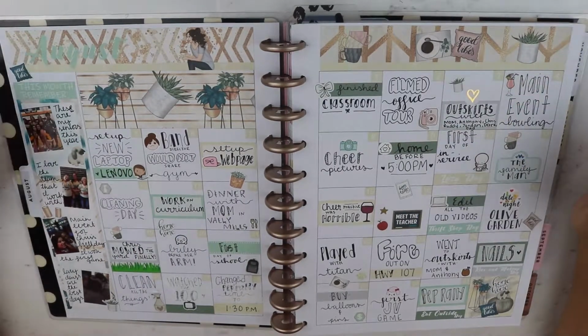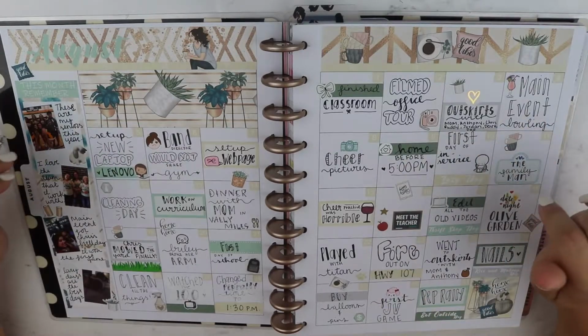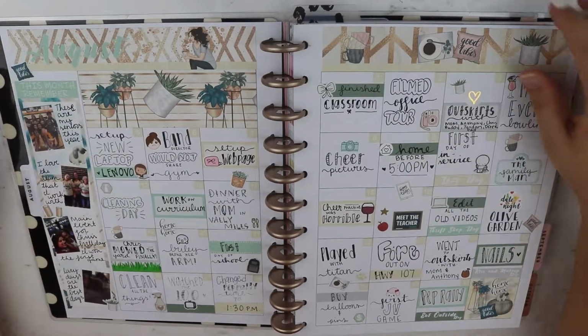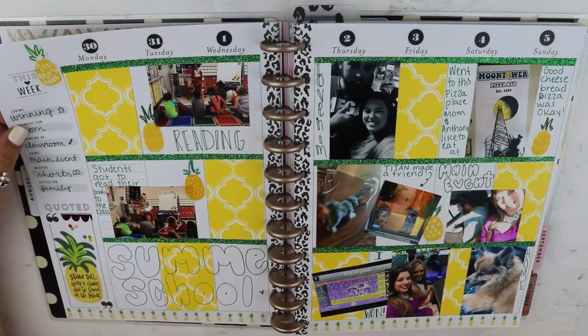I always use a monthly kit from Bella Digital Designs. I love her monthly kits. They're perfect for what I do. So okay, and then here is the first week in